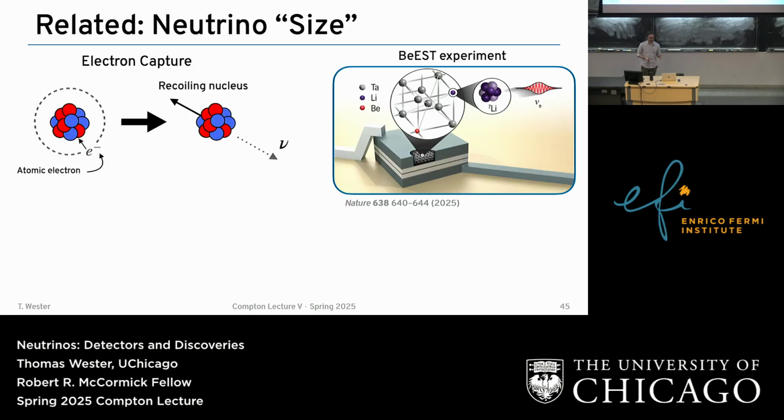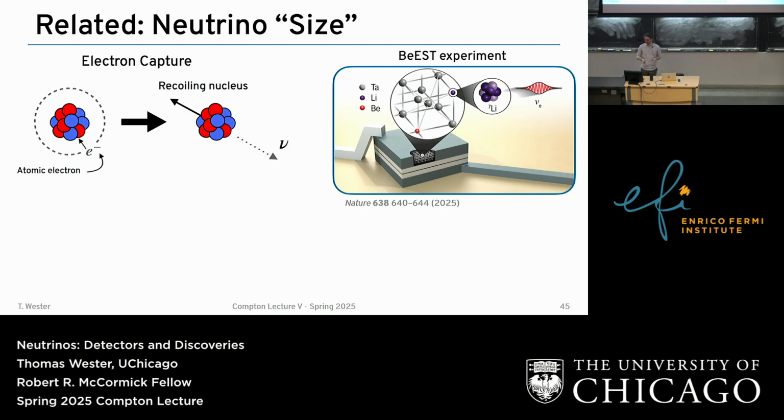Okay, I'm going to talk a little bit about a somewhat related concept, which is neutrino size. This is very relevant because an experiment just came out this year with a new result on the neutrino size. It's closely related to the mass in that some of the concepts used in this experiment are important for mass measurements. The experiment is called BeEST, and I forget what it stands for,